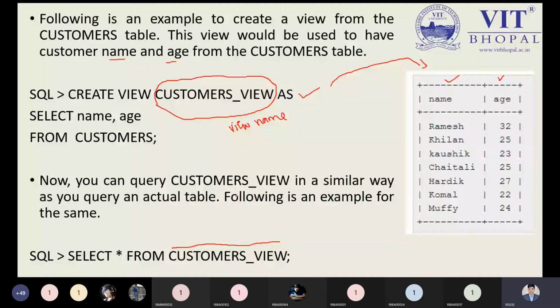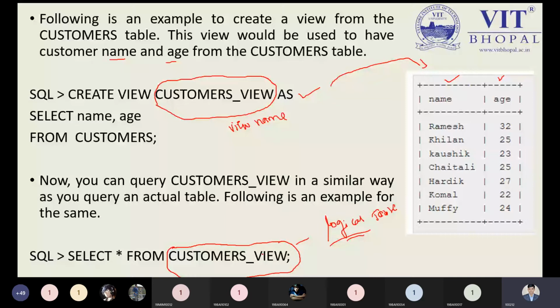Now see, this customer view does not store all the detail. It just takes the reference information from the actual table, that is the customer, and this customer view is known as the logical table. So this is my point, and this is my syntax. This is not an actual table. This is a logical table, or we can say it is known as a virtual table. Whatever I'm getting over here is treated as information just like a table. That's why it is known as the logical table.